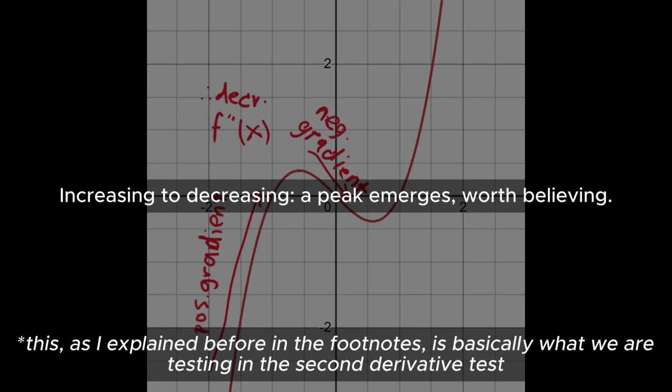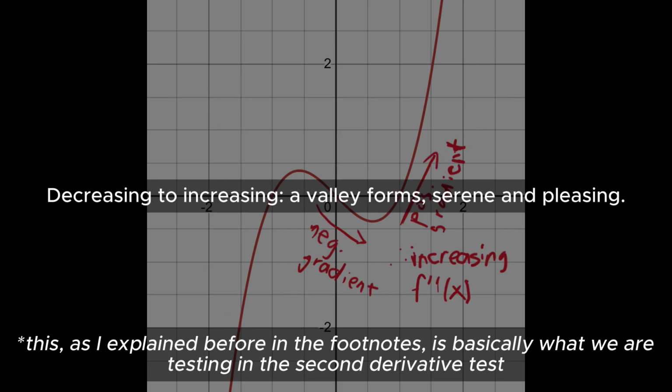First derivative test revealed: increasing to decreasing, a peak emerges worth believing. Decreasing to increasing, a valley forms serene and pleasing. So, when you stand upon the curve, with calculus your tool and verve, embrace the slopes, both steep and mild,